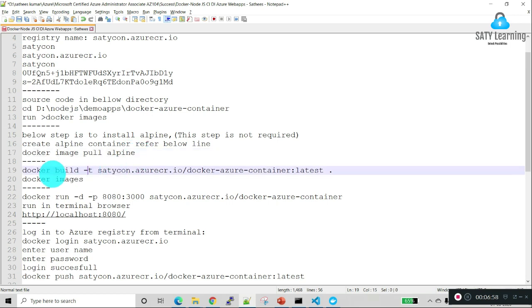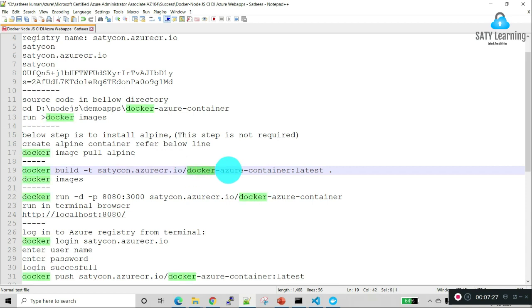The next step is building this Docker image. Docker build -t saticon azurecr.io. Here I have provided the registry name, which will be useful when we are continuously deploying our Docker code into Azure.